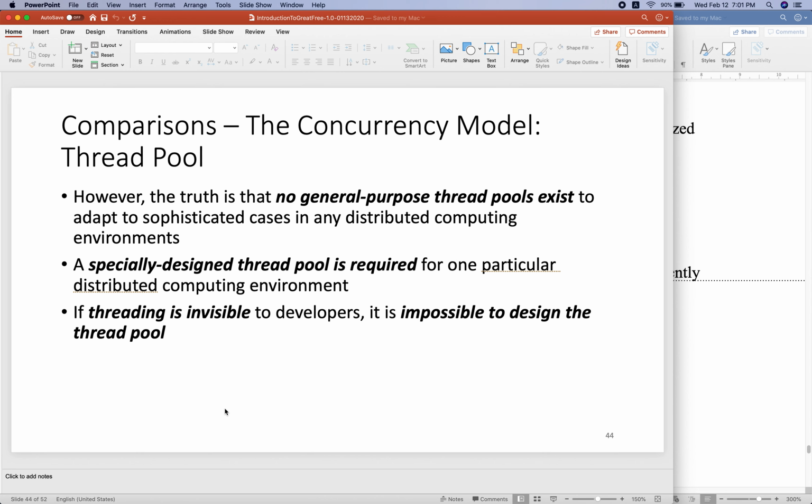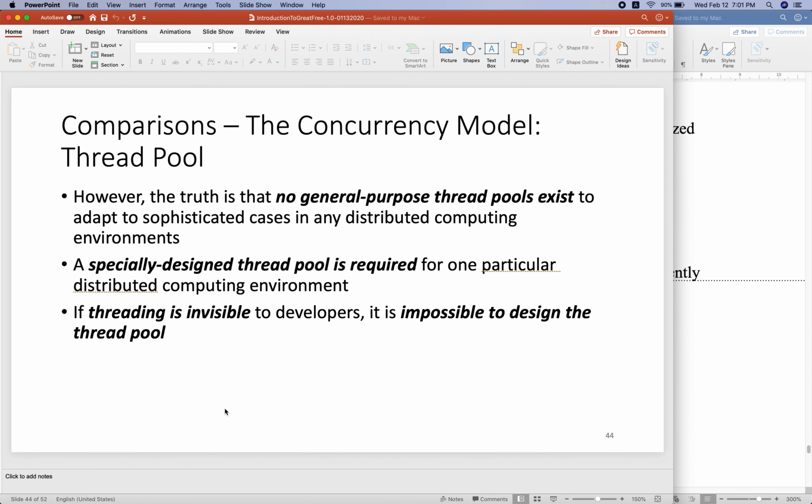I think this is common sense. No one can argue with me about this issue, right? It's for any computing environment, not just distributed, because the runtime environment and the specific concurrency requirements are different. The computing resources are different. Some resources may be rich, some resources may be limited.